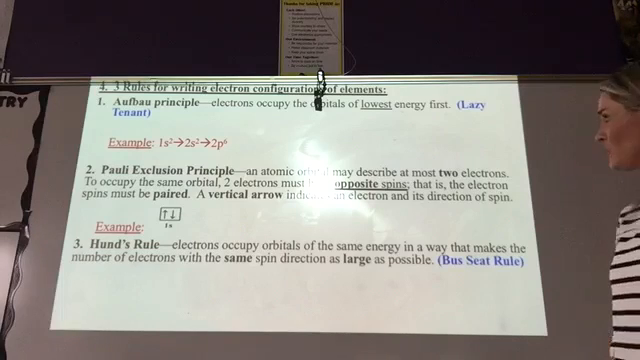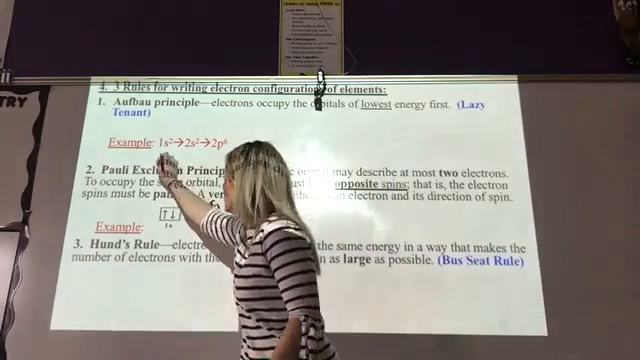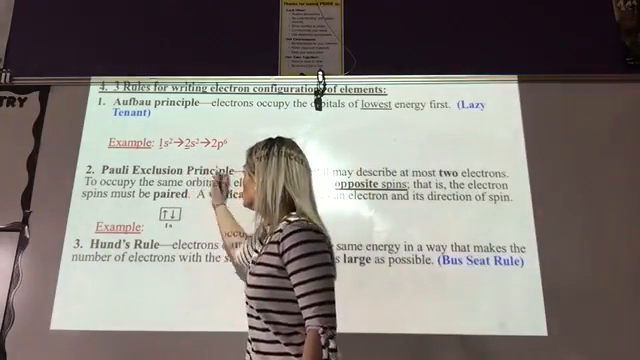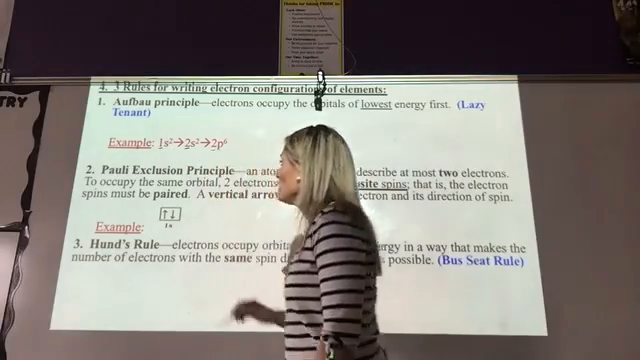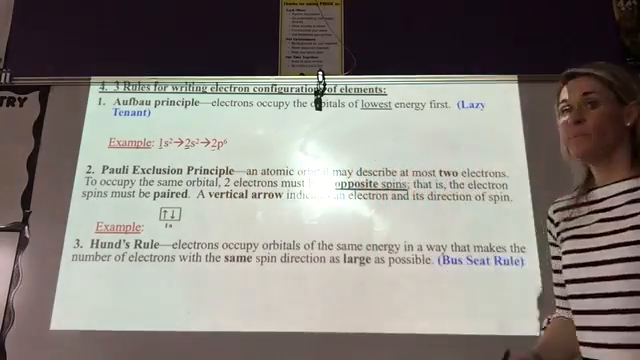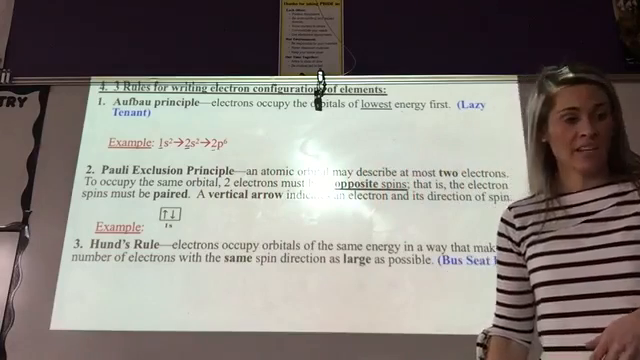That means it's always going to enter the first energy level, then the second energy level, okay, fill that next sublevel, so the first sublevel, then the next sublevel. It's going to keep filling those. I call this the lazy tenant rule because